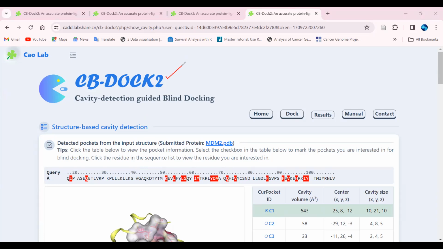If you want to find out only the active site of your protein 3D structure, then I have uploaded one more video that I think will help you. The name of the video is Active Site Prediction Tool. In that you will get the XYZ coordinates, and then you can perform the docking. If you want to perform the docking manually using AutoDock Vina with the proper step-by-step process, we also have a video on how you can perform molecular docking using AutoDock Vina. You can check that video out on our channel.